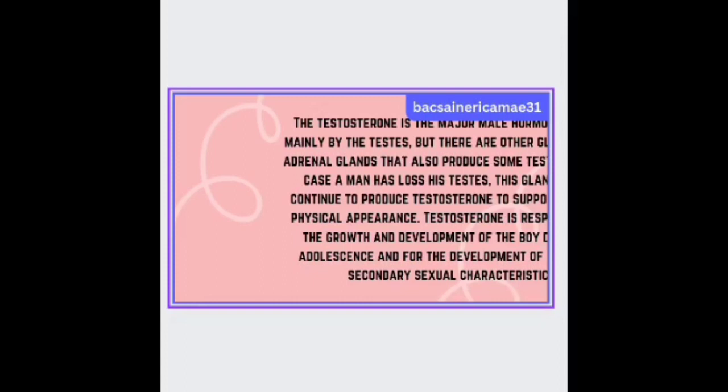But the adrenal glands also produce some testosterone, in case a man has lost his testes. These glands continue to produce testosterone to support physical appearance. Testosterone is responsible for